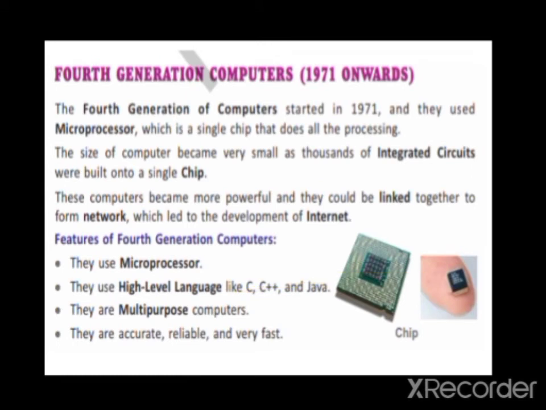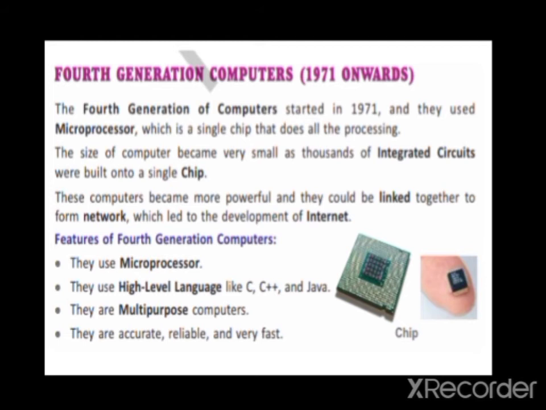After that, with new modifications, fourth generation computers came into existence. That was from 1971. What we are using in these generation computers, the features of these generations, is the microprocessor. Even today we are using desktops with the same technology, using the microprocessor. They use high level languages like C++ and Java. We use them for multiple purposes, like watching movies, listening to songs, and the rest of our work, like nowadays we are doing study also.